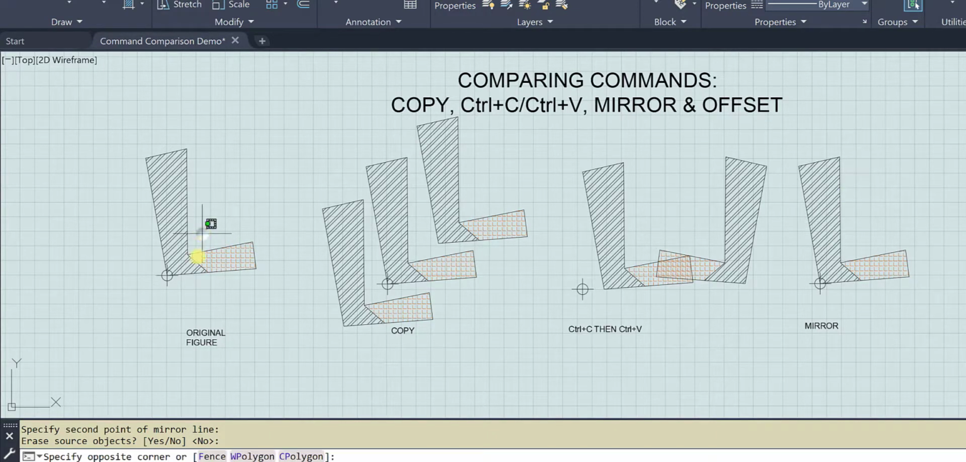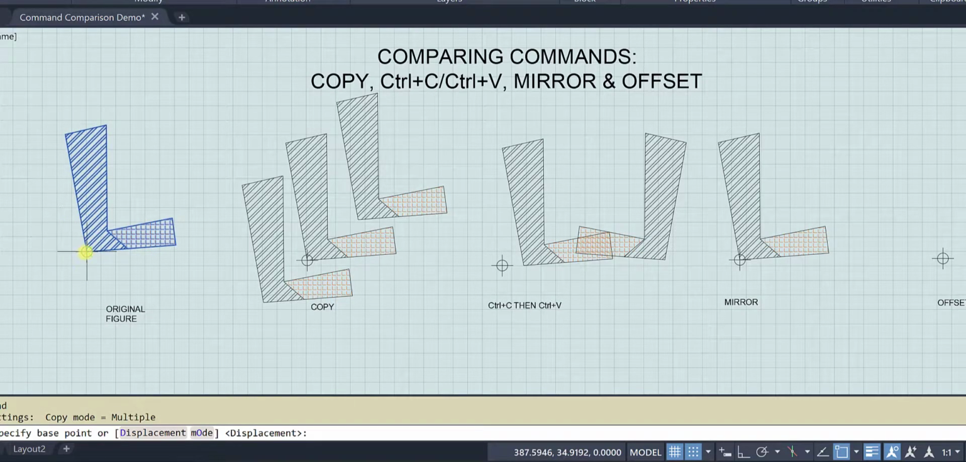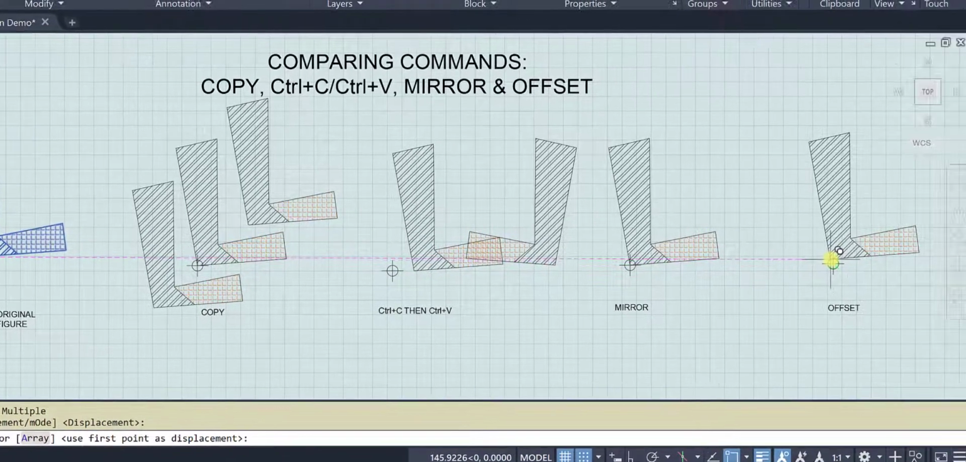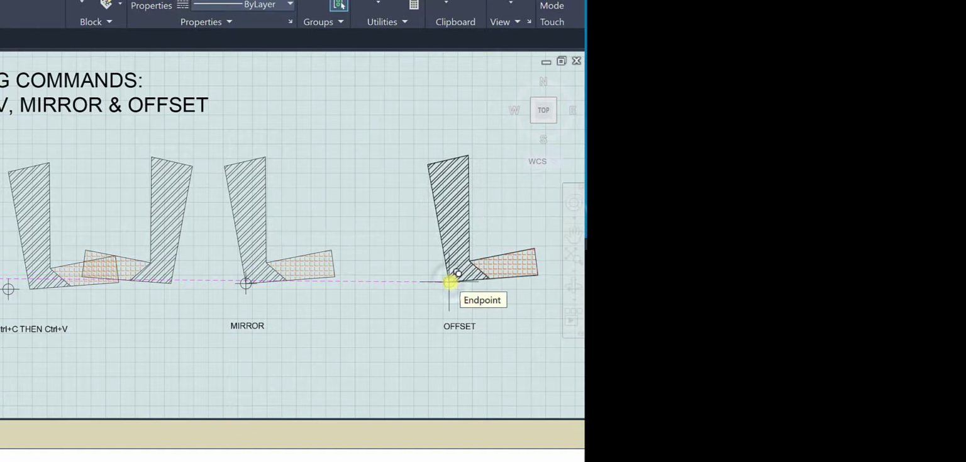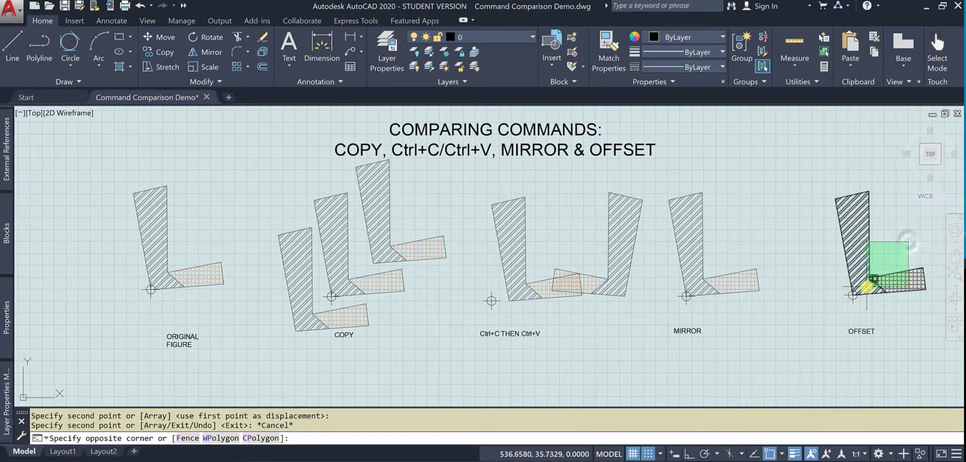So now let's use offset. Now this is going to be interesting. The reason this is going to be interesting is because I've got hatching. I have no idea what is going to happen to this hatching when I offset it. It may not even let me offset it. Again, I can use noun verb. So I'm going to select everything,